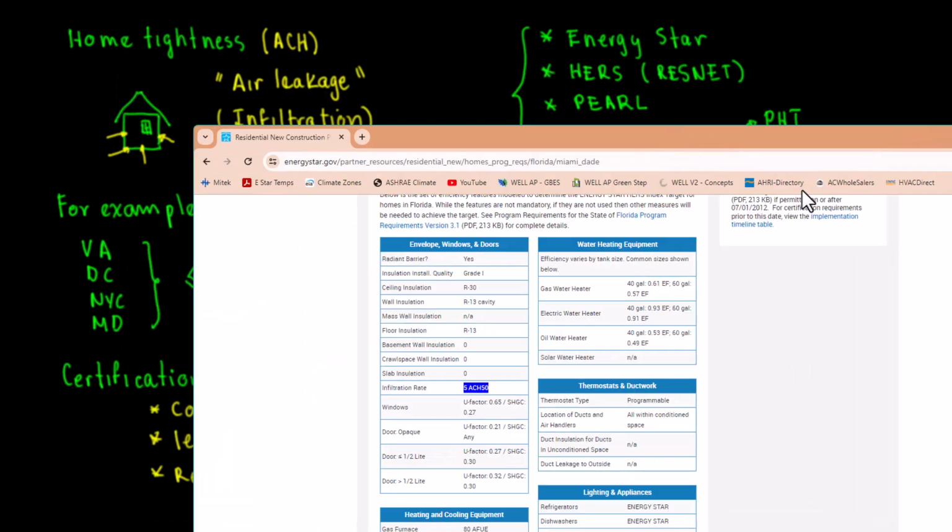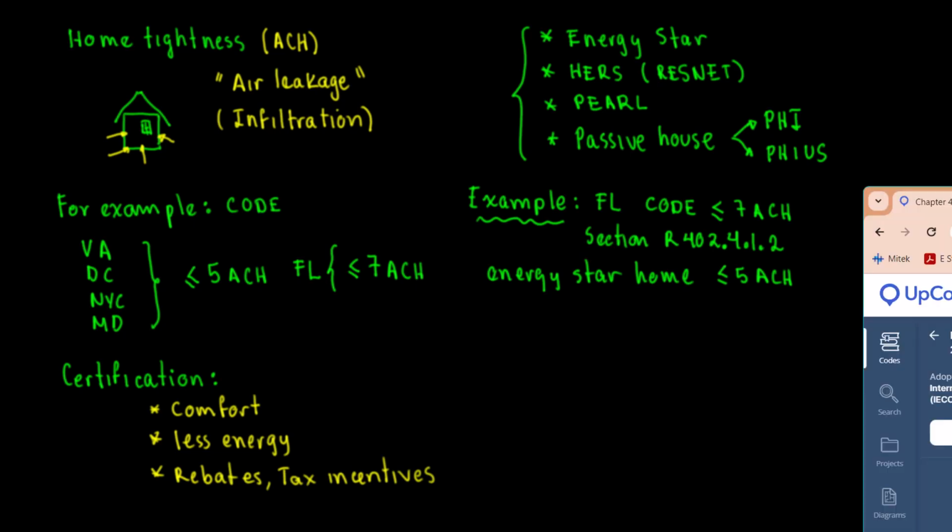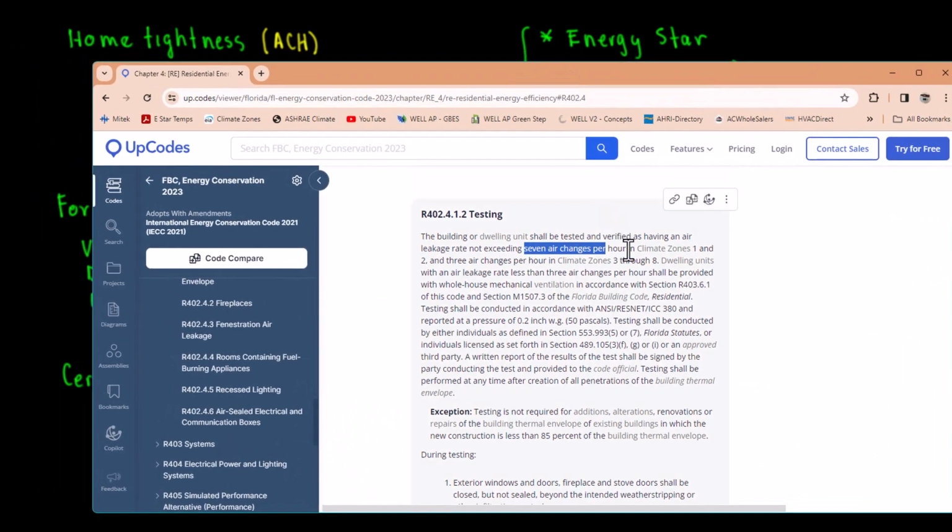So in here it was saying, where is it? I'm going to put that in here. The other part says that if the air leakage rate is less than 3 air changes per hour, the home shall be provided with a whole house mechanical ventilation system.